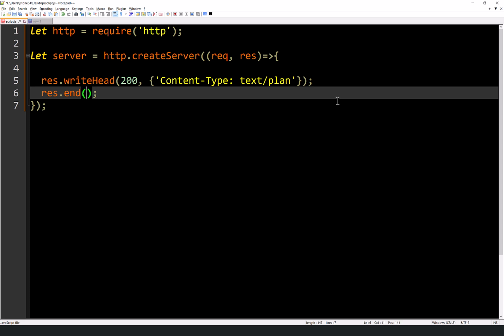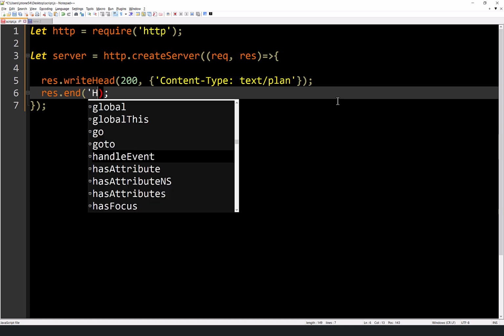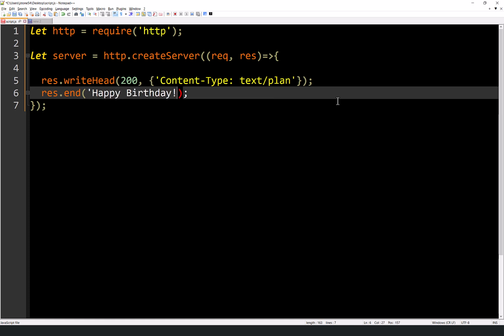In our previous one with the PHP, it was the hello and welcome to our site or whatever, right? We're going to recreate that with Node here in a minute. But for now, we're going to do our happy birthday.